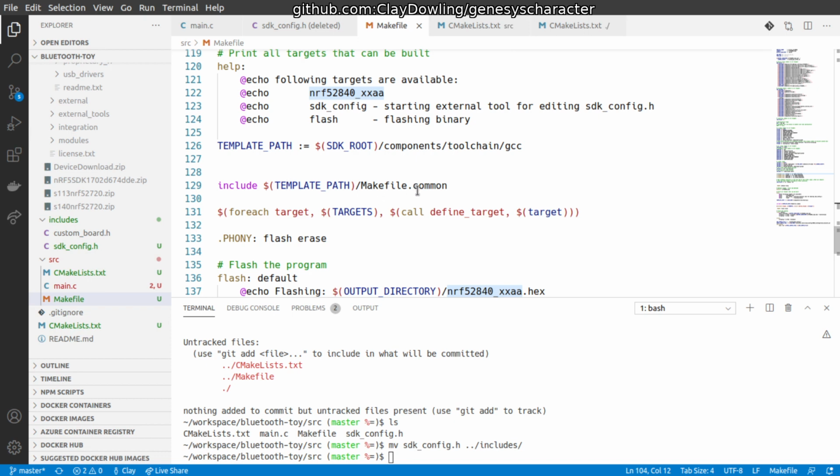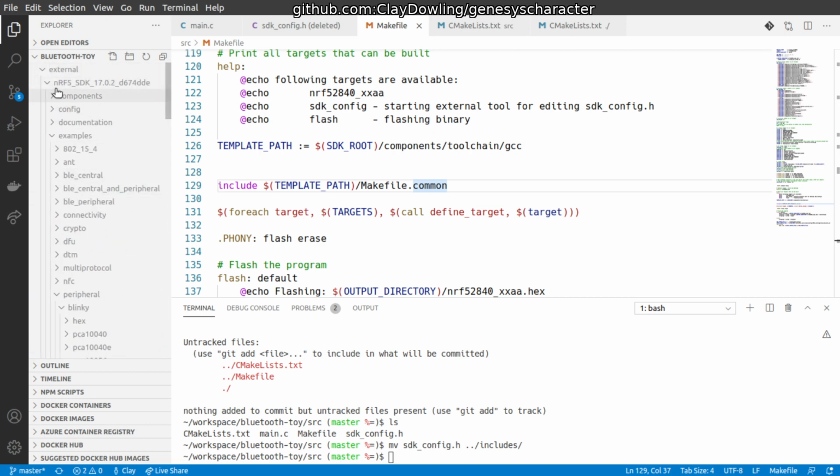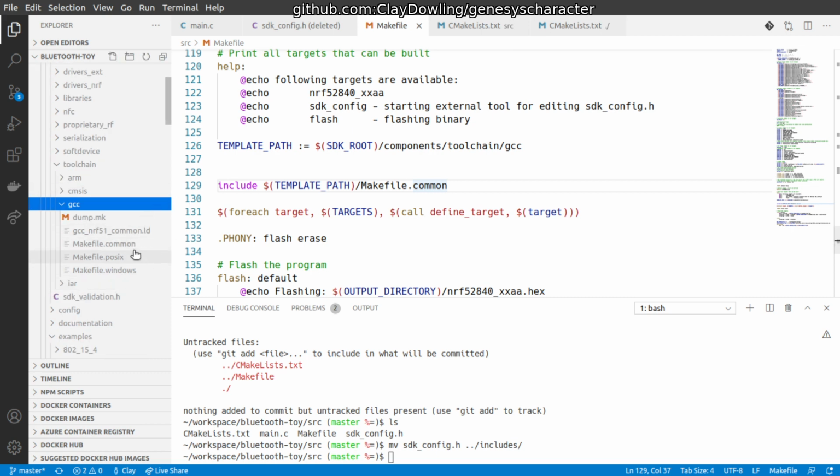Include template path, makefile.common. That's going to be a sore spot. Alright, SDK root components, toolchain GCC. Let's go take a look what's there. Components, toolchain, GCC. And there is a makefile.common. Yeah, I bet there's some other stuff in here we'll wind up with too, but